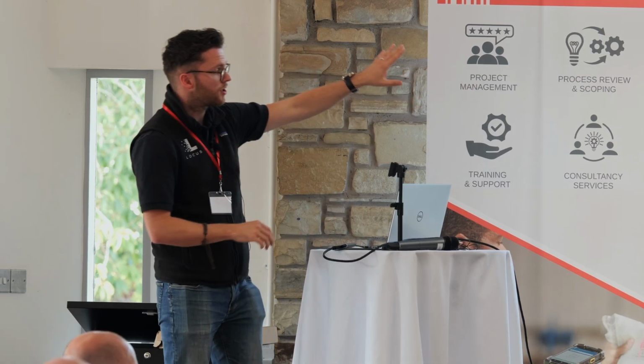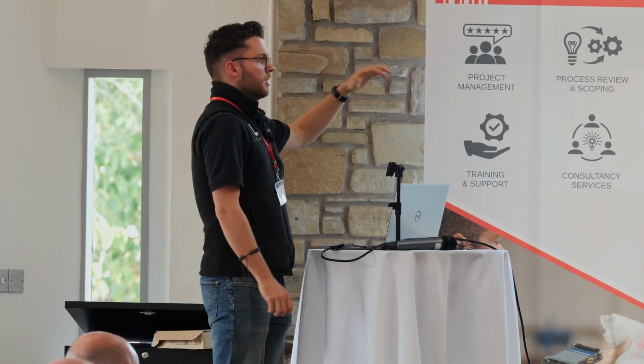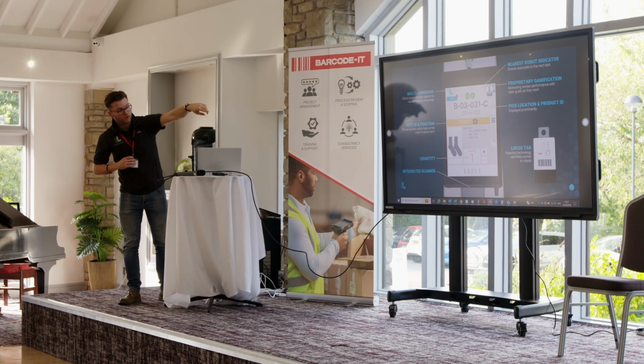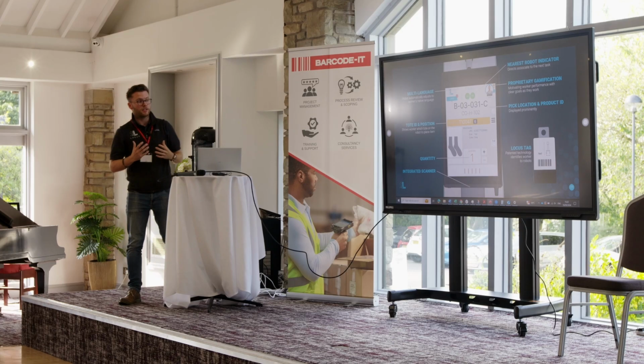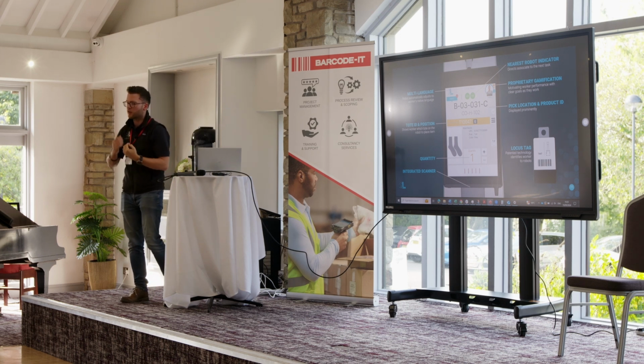And this is the iPad that we mentioned. So this is the user interface unique to Locus. This is all Locus view. So we've got, the first bit to start with is the Locus tag. So it's all optional, but most of our customers take it. To Locus, we have a little Bluetooth tag that you can have in your pocket, wear on your neck, and